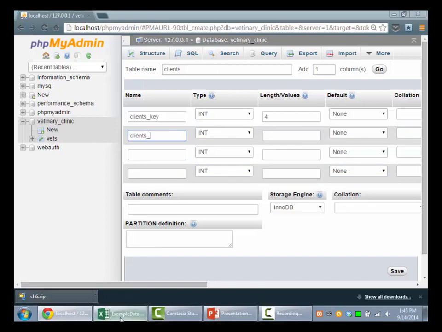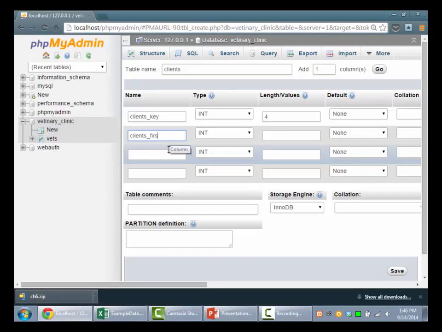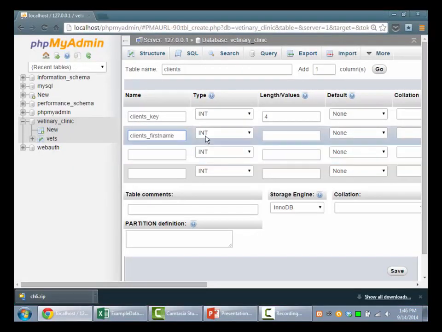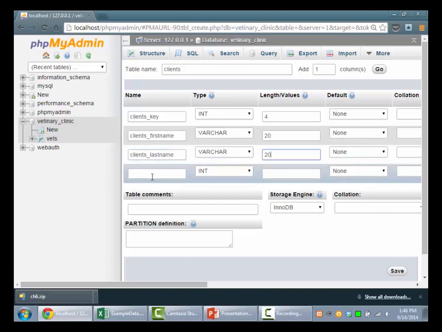Clients, let's see what info they've got. The name, well, this breaks one of the normal forms. We're supposed to have a first name and a last name field, okay? And then we also need to record the number of the vet that they go to. So let's do client first name, varchar 20, client's last name, varchar 20, and client's